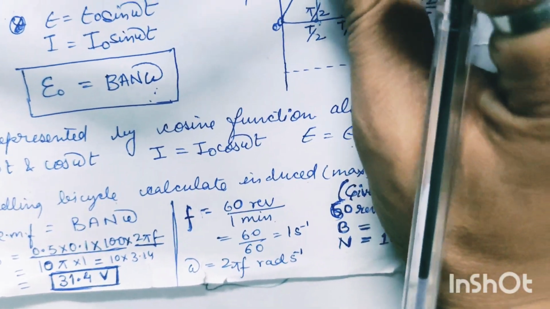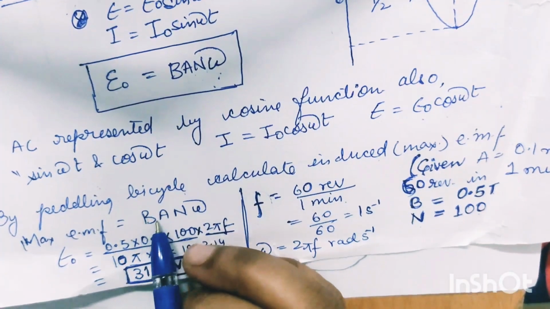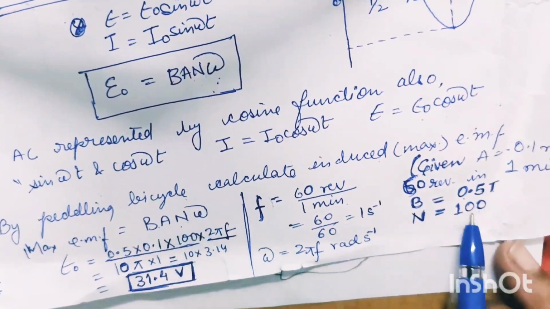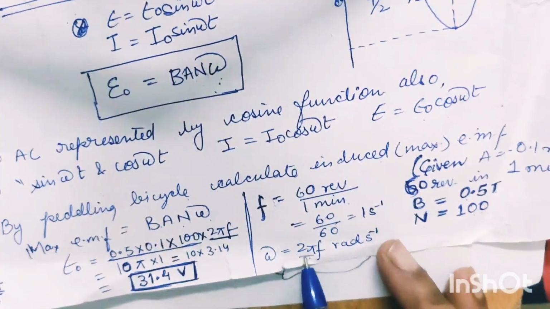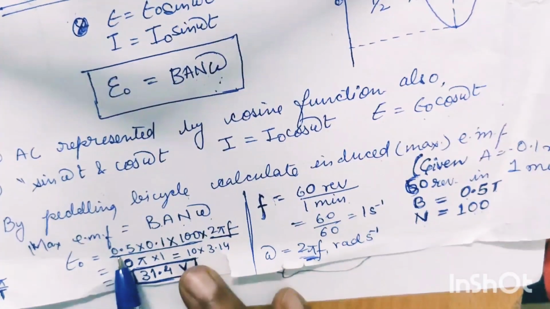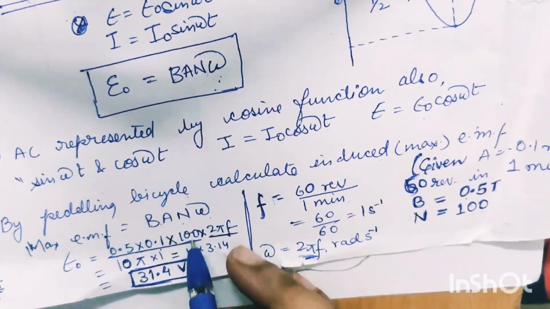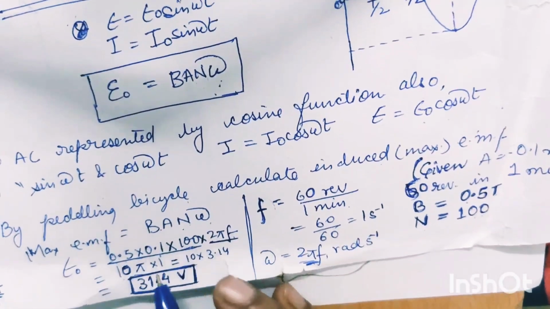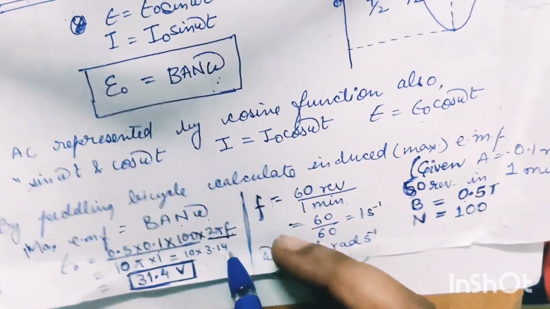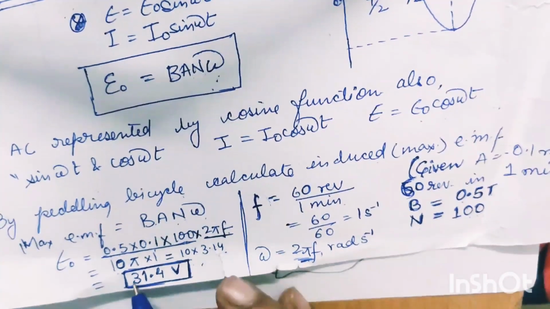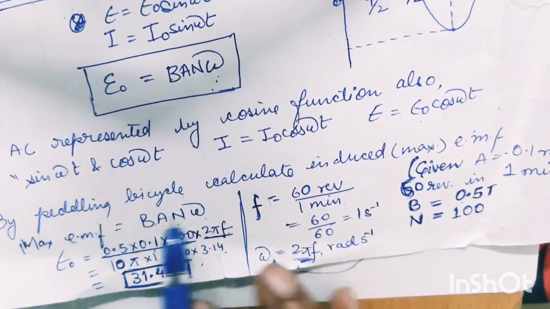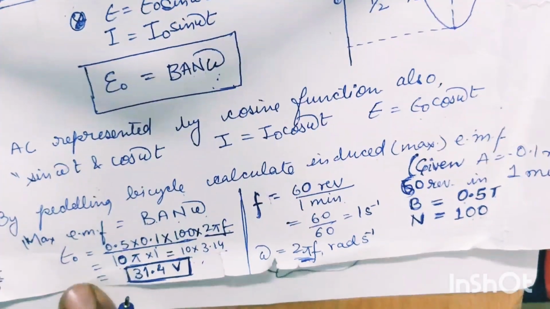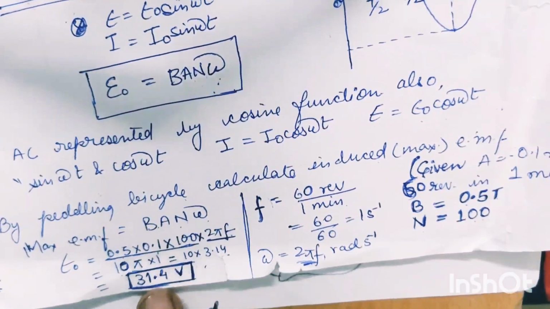So to find the maximum EMF, what formula will be used? BAN omega. B is already given, A is already given, N number of turns is already given, and omega we can calculate with the help of this formula 2 pi f. So I have written all the values 0.5, 0.1, 100, 2 pi f. So you will be getting an answer of 10 pi into 1 is equal to 10 into 3.14, and the value you will be getting finally will be 31.4 volt. So for this question where the values have been already given, the final answer means maximum EMF is given by